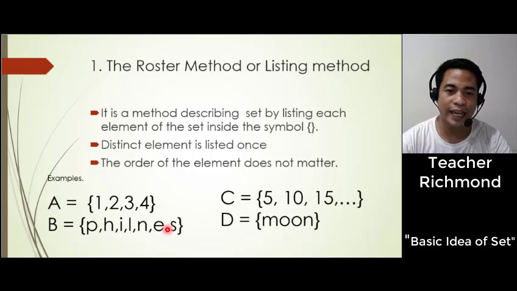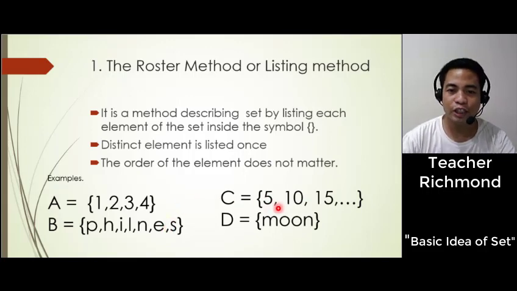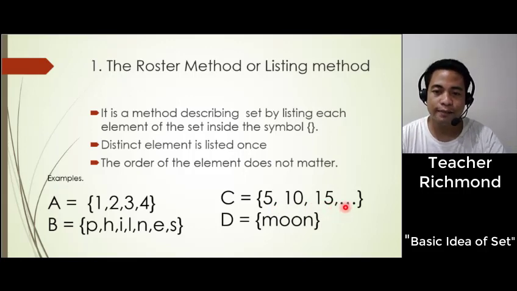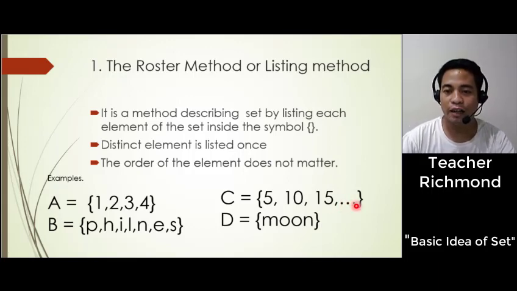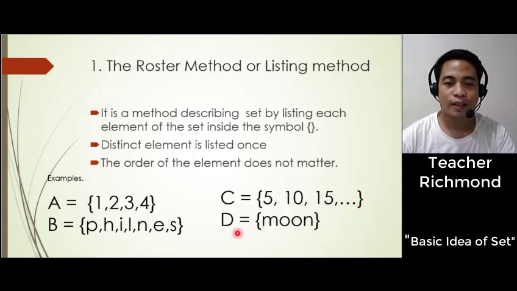Next, set C. The elements are 5, 10, 15. These are the numbers with the multiples of 5. Now, when you see this three dots, it means ellipsis, meaning there are elements that are not written in this place. Now, the last one, set D, we have moon,